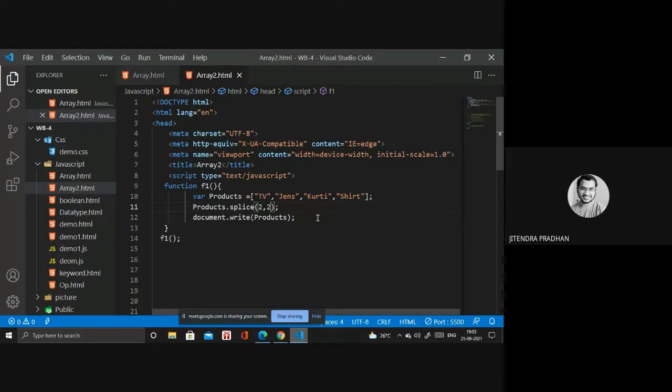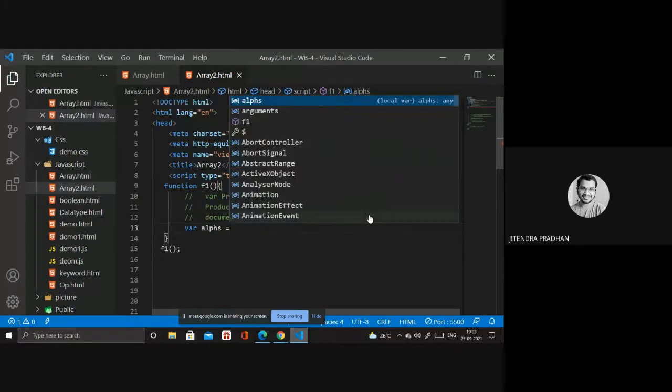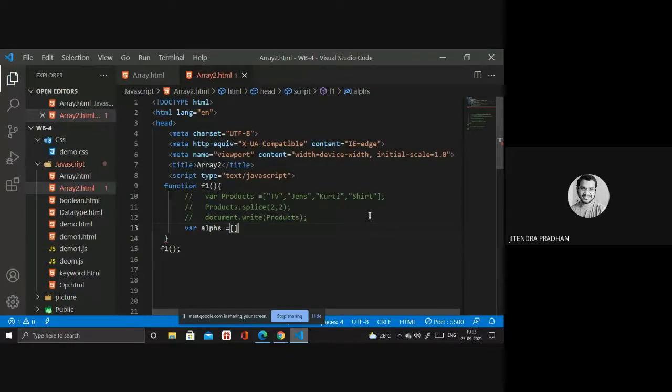We need to comment this out, and I will create another variable, alpha. Alpha is my variable, and inside I will write an array: C, A, D, E, G, J, Z, and K as well.